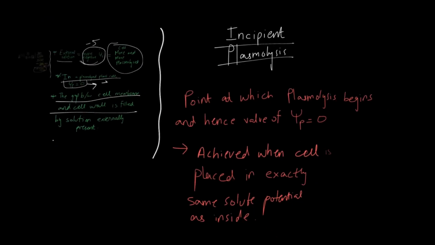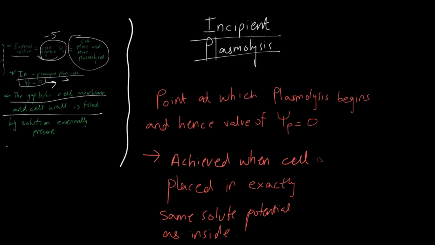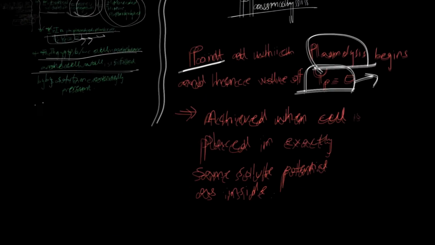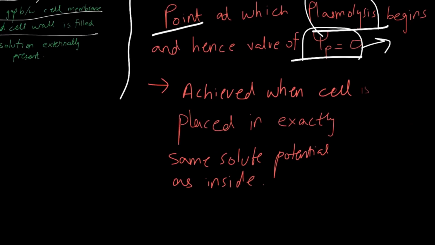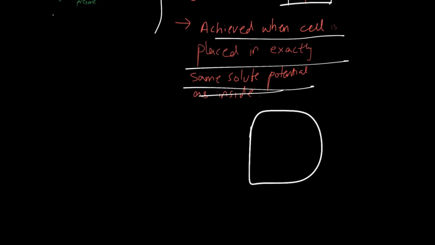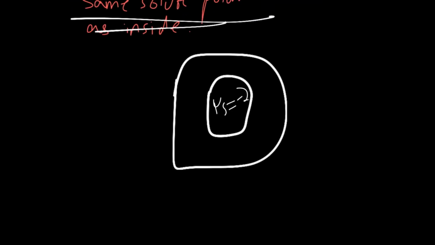Now the last thing that we have to learn for today is incipient plasmolysis. This is a small thing. It is the point at which plasmolysis begins, and thus the value of pressure potential is 0. So the exact point at which plasmolysis begins and pressure potential can no longer be applied because no turgor pressure is being applied. And this is achieved when the cell is placed in exactly the same solute potential as inside. So for example, we have a cell and there's a vacuole inside. It has a solute potential of -2, and the one